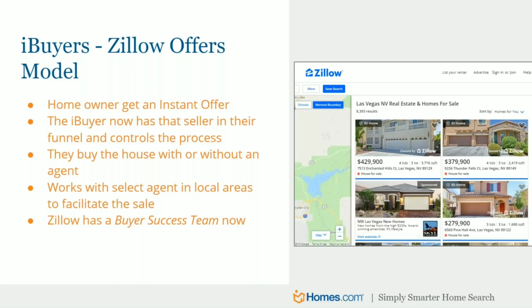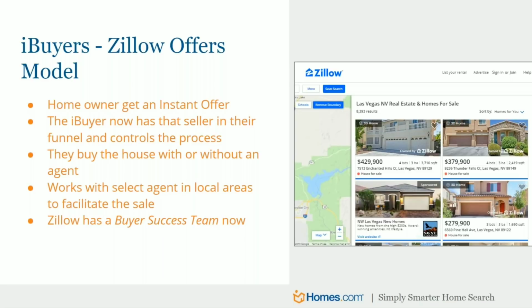So the good news is there's no mortgage contingency here. And the bad news is that they can buy with or without an agent. So if I don't have representation, I'm selling by owner, and that could really be a problem. So it's important to have professional representation, of course, because I'm signing a contract on something where I don't know all the small print. And what I don't realize is that these iBuyers are taking more than twice what a normal commission would be. They're taking 12 to 15%, sometimes even more, of what they call a transaction fee to close the deal. It's kind of a convenience factor. I can close in 3 days, but I'm going to pay for that.